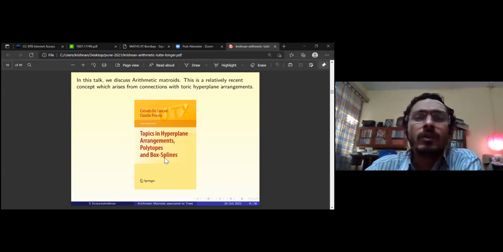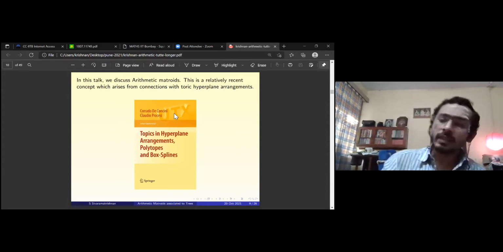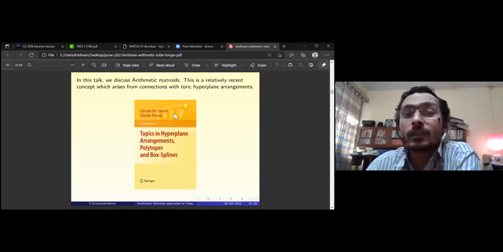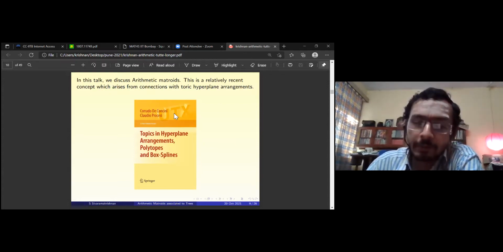Yeah. So this is a good book. I recommend this book. I have taught a course here out of these topics, from this book. The authors are famous. Claudio Procesi is a very famous algebraist, and De Concini is also quite famous. The background required is surprisingly little. It's not as if you need to know a lot of topology or some other thing. It lures people because the background required is not immense.